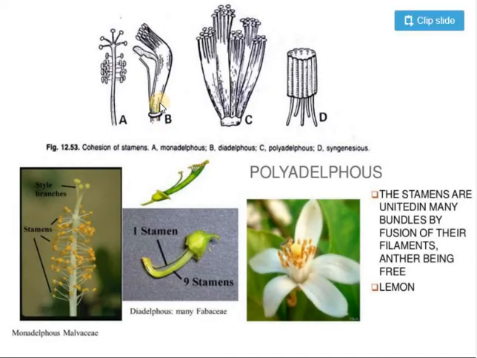See this diagram. In the diagram, A represents Malvaceae, and this is the monadelphous condition. It forms a tube; the anthers are free and the filament is united. What you see above is the gynoecium coming through the inside. This is the second one, diadelphous: two sets of stamens, this is one set and this is the second set. And this is polyadelphous: multiple groups of stamens with filaments fused. Here there are 5 sets.